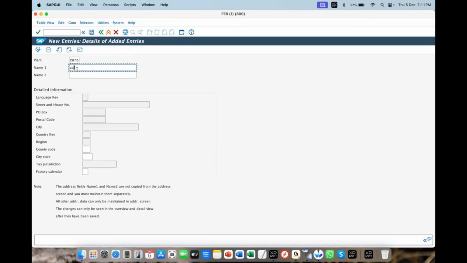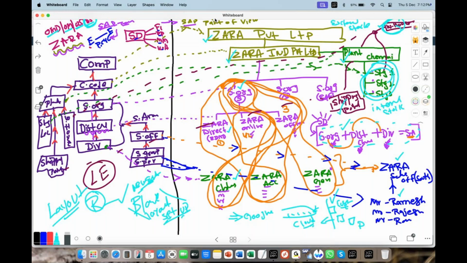Detail name Zara plant 01. Now name 2. You can give location wise identity. So what I was writing on the board, in fact, what the client is selling here, their plant is located in Chennai.